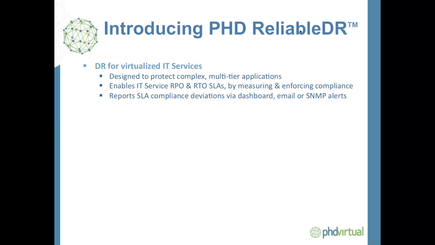So it's designed to say, I want to test my CRM system. So you'll group those 3, 4, 30, 40, whatever it is, VMs into one job, and we'll test that. And then you might have another job for your Exchange. You might then have another one for your whole infrastructure. We'll talk about how all the testing's done and look at how these are all grouped when we look at